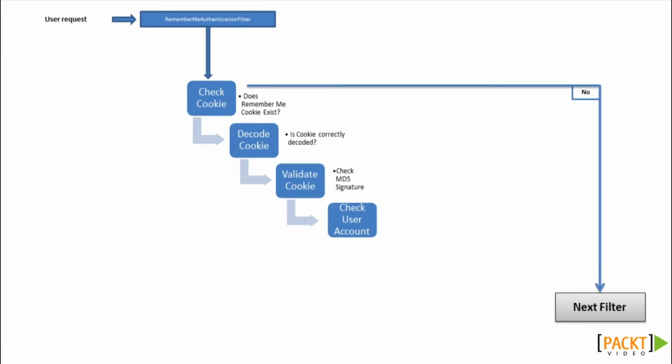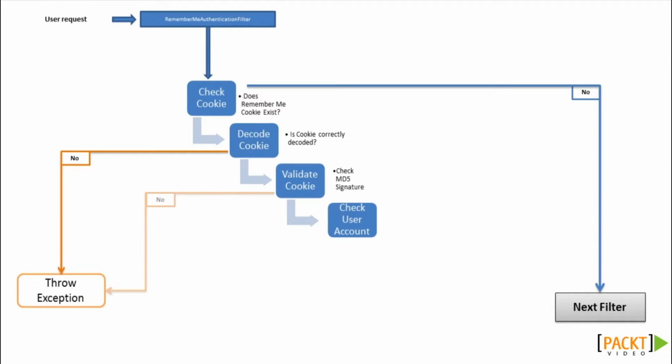If, however, the cookie does exist, and this is indeed a remember me request, the next step is to try to decode the cookie. If this fails, an exception is thrown. If, however, it succeeds, the next step is to validate the cookie by checking its MD5 signature. And again, if this fails, an exception is thrown, and if it succeeds and the cookie is considered valid, the